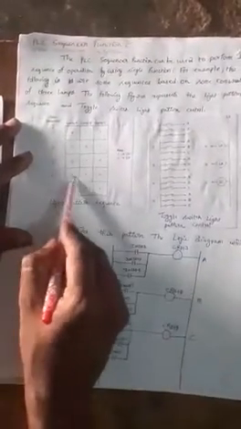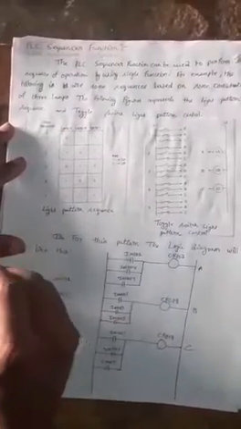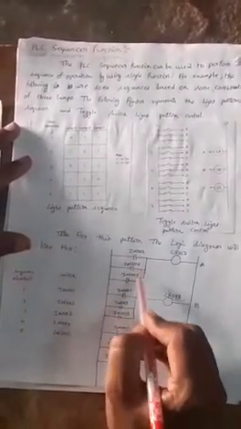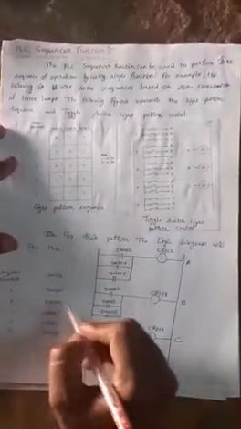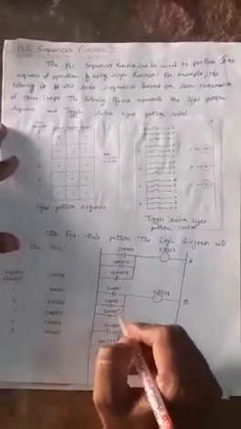To perform these 5 sequences by using the 3 lamps, we may represent them in the form of a ladder diagram. That ladder diagram representation is in this manner for lamp A, lamp B, and lamp C. What does lamp A mean? For lamp A, the second, fourth, and fifth sequences are in operation, so I write here 2, 4, 5. Similarly for lamp B, the first, third, and fifth sequences are high, so I consider 1, 3, 5.